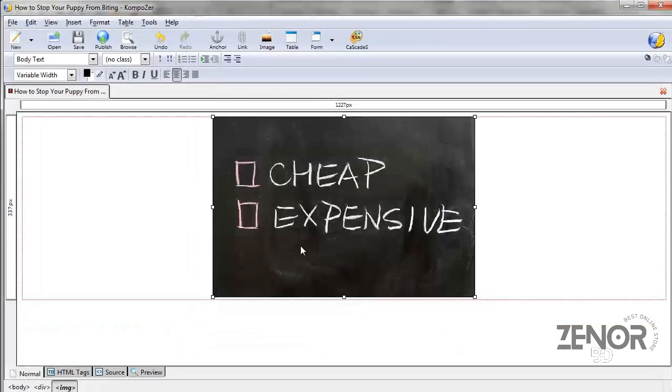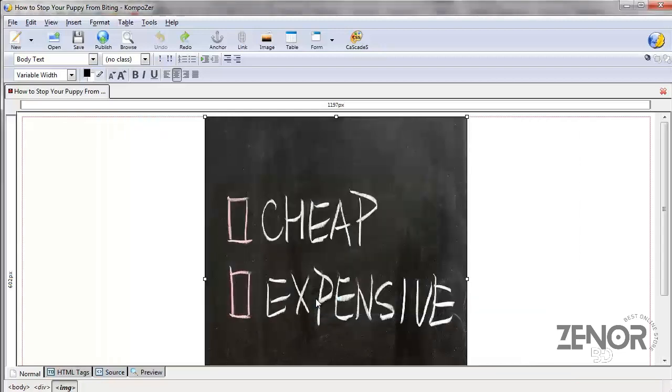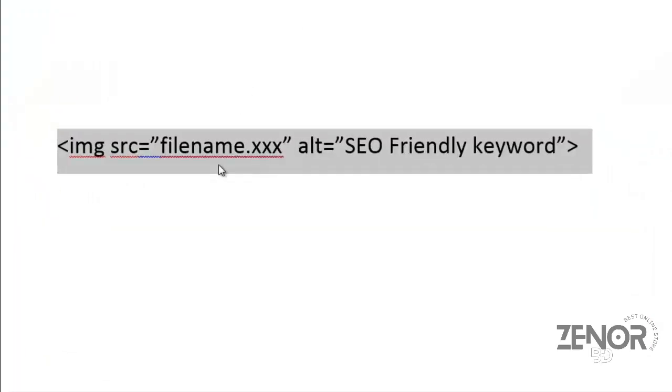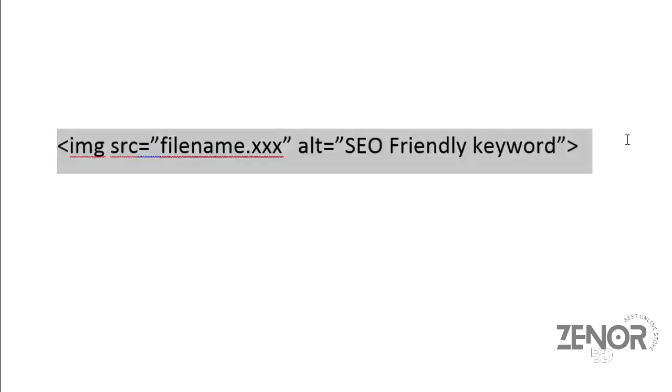Now, if I don't press the constraints, as you saw I did earlier, and I just do something like 500, and I press OK, you can see how it has distorted the image itself. So that's another little tip that I have with utilizing Composer. So by all means, if you want to stick with Composer, great, that's fine. But I'd highly recommend you at least memorize this simple tag, because when it comes to editing with WordPress or any type of content management system that utilizes an HTML editor, sometimes you're going to run into snags along the way. And if you know this tag, then you can get past simple